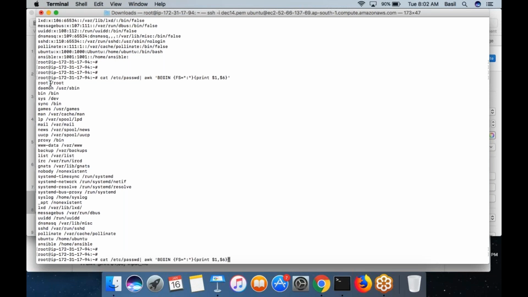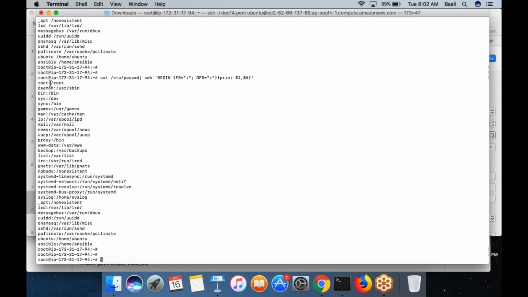If you want to change it, again you can change that in the BEGIN section. In the BEGIN section, now I am going to put output field separator also to be colon instead of space. In the output also the field separator should be colon. If you run it, now you can see fields are separated by colon, the username colon their home folder, and that came for each and every record.